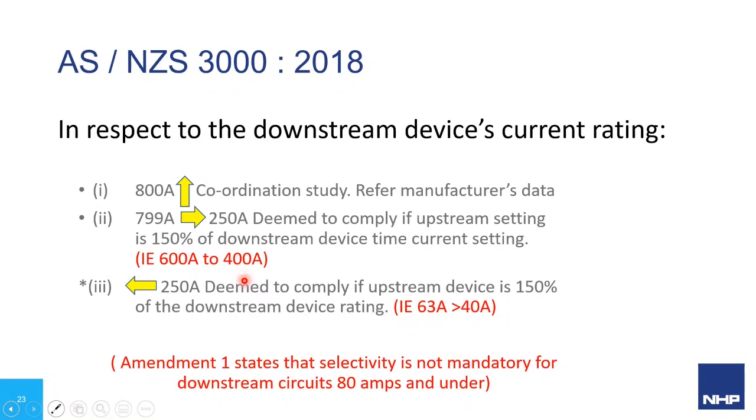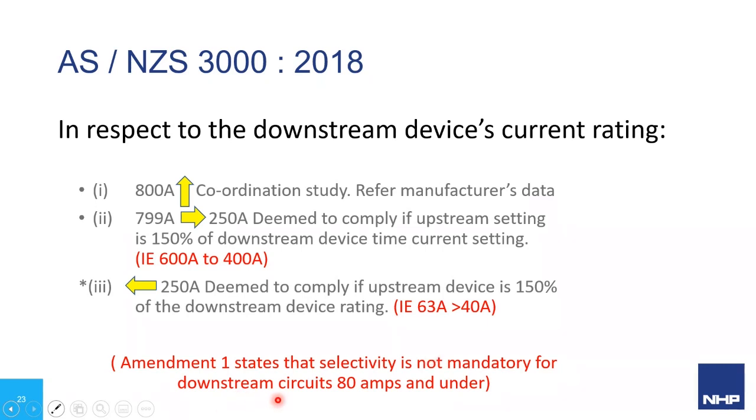For current ratings of the downstream device less than 250 amps, discrimination is deemed to comply if the upstream device is 150% of the downstream device's rating. So in the example I've given here and is shown in AS 3000, 63 amps to 40 amps. However,